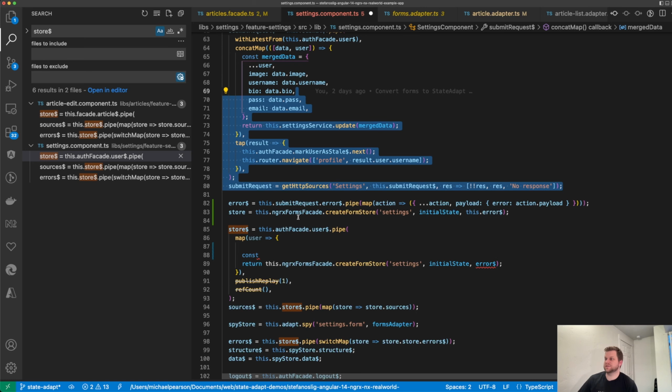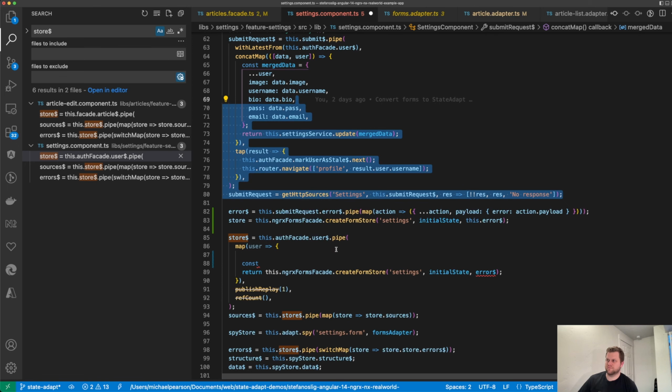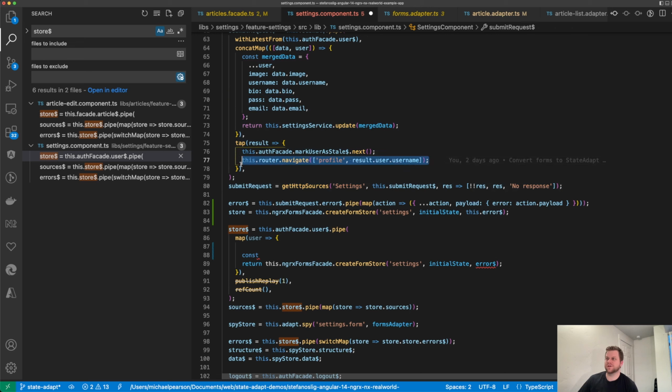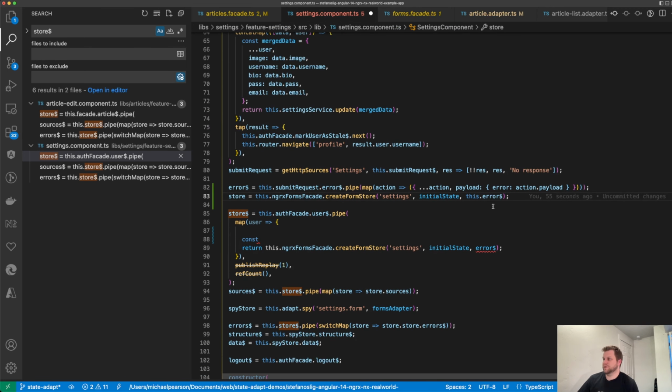So I guess, yeah. It redirects, doesn't it? Something like that. Yeah, it redirects. So it's never going to update anything. We're only listening for errors. Okay. But maybe we should listen to the submit action, because right now it's just a subject. I don't think anything is dispatched, but it doesn't matter that much. I could do that. I could put it in here too. That might be a good idea, but